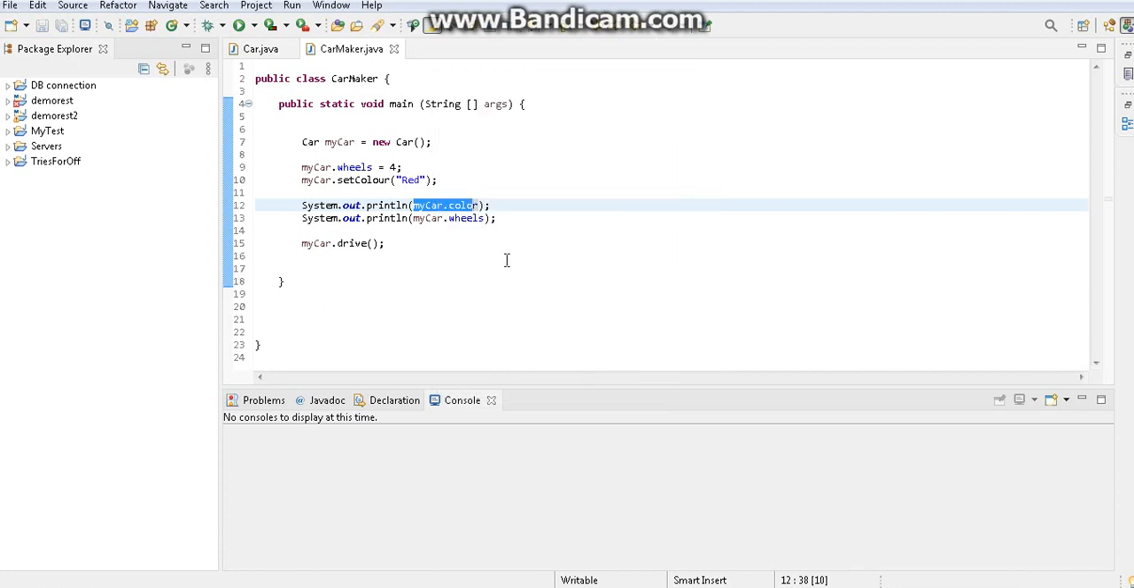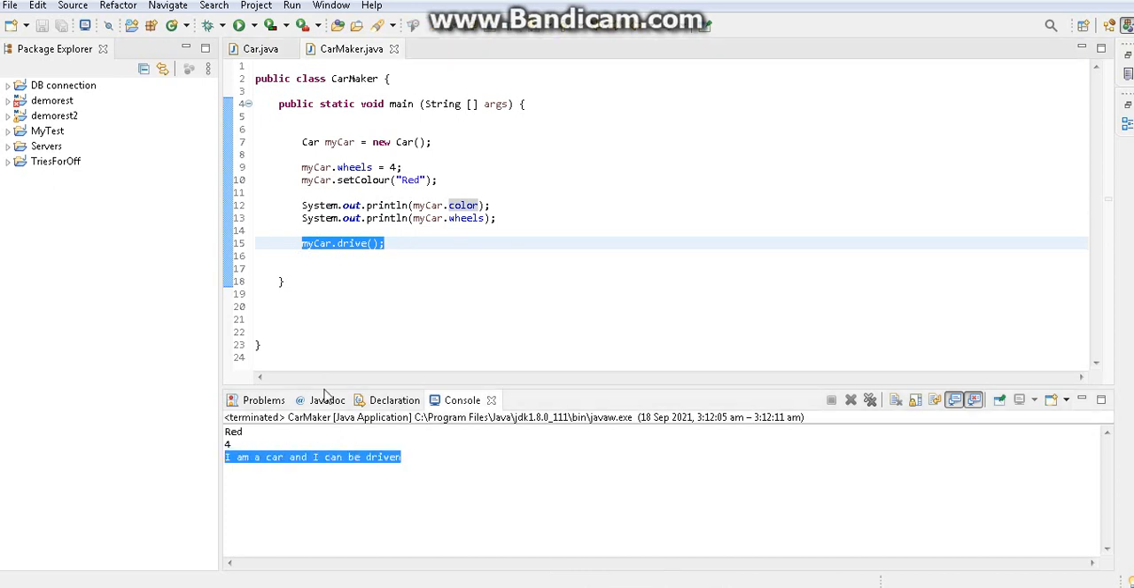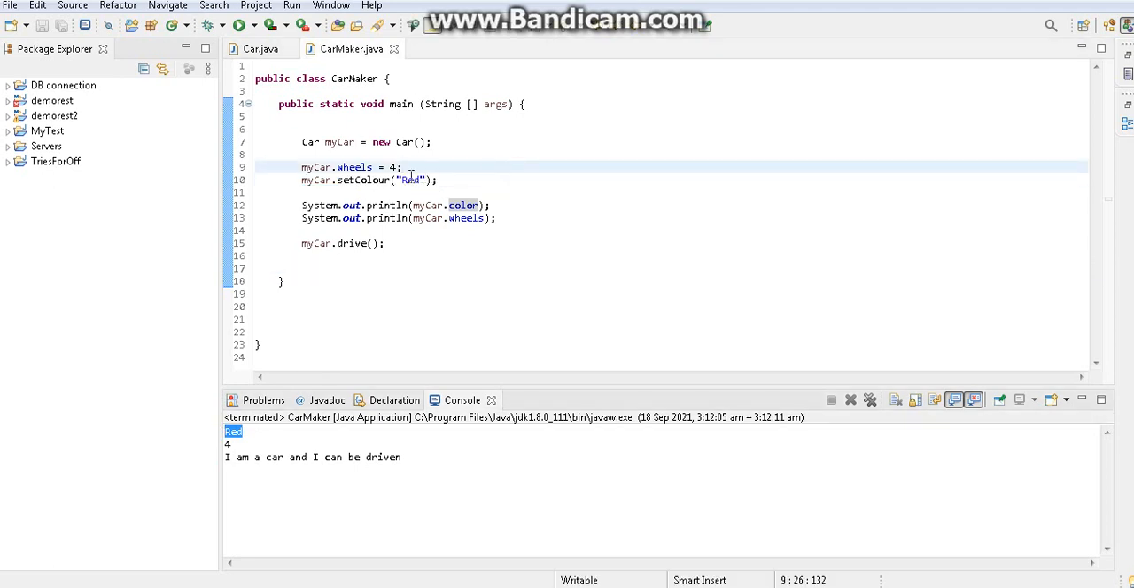Okay, so let's see the output. These things we did in the last session. Everything is fine, and since I called the method mycar.drive, the method's text also printed. You can see red is printed, right? Since we did it for the red color, as I said, we cannot go for